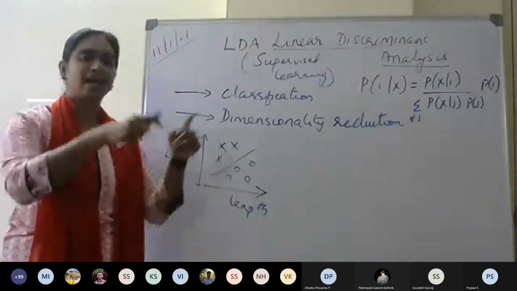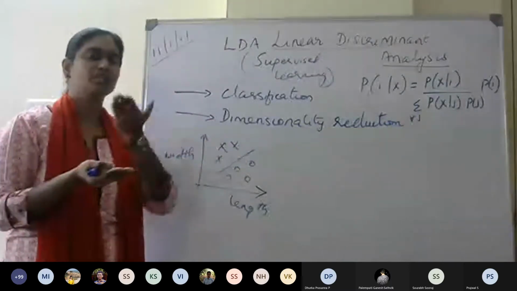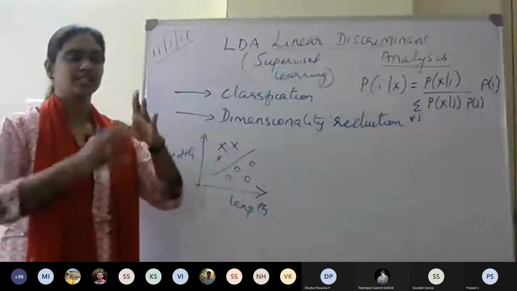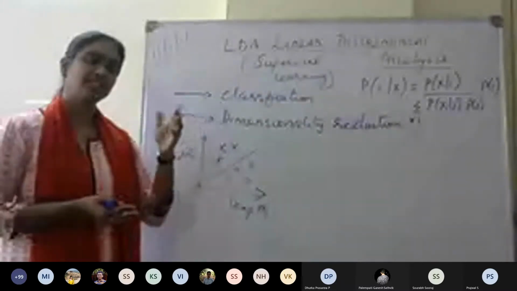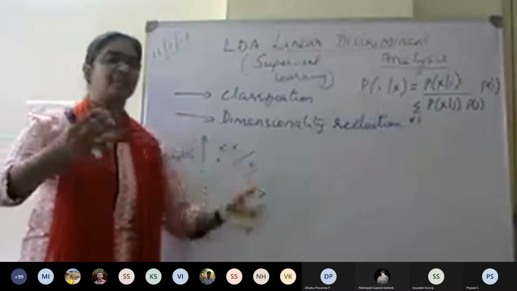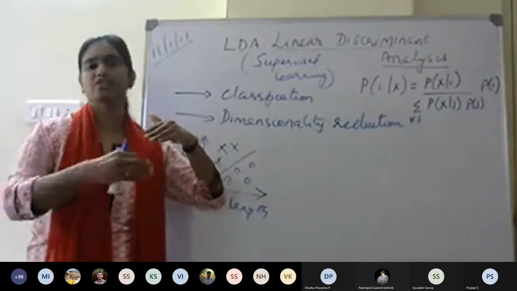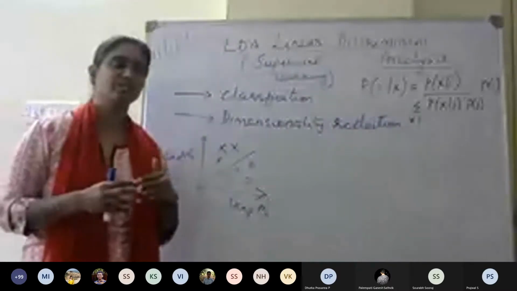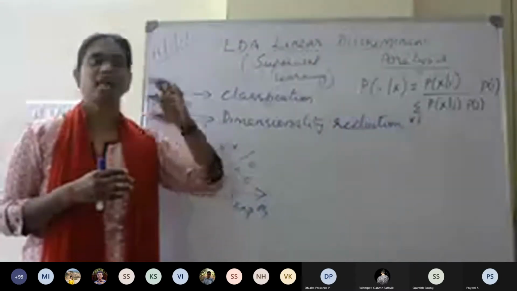So in that case, I will have a plane in three dimensions. Instead of a line, I will be using a plane to separate the objects in a three dimensional space. Now, if I use four features, then the number of dimensions increases. As the dimension increases, I have to use a hyperplane to distinguish, not a simple plane which has the equation of a plane ax plus by plus cz plus d equal to 0. That kind of equation I cannot use when the number of features is more than 3. In that case, I have to use a hyperplane.